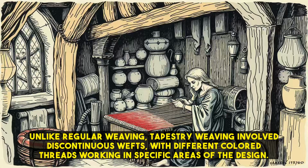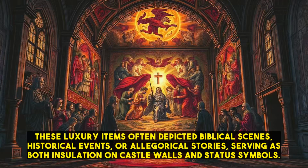Unlike regular weaving, tapestry weaving involved discontinuous wefts with different colored threads working in specific areas of the design. These luxury items often depicted biblical scenes, historical events, or allegorical stories, serving as both insulation on castle walls and